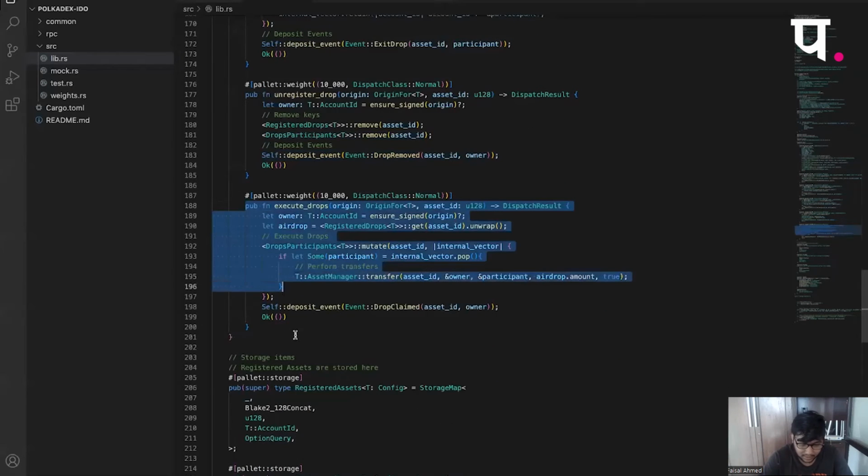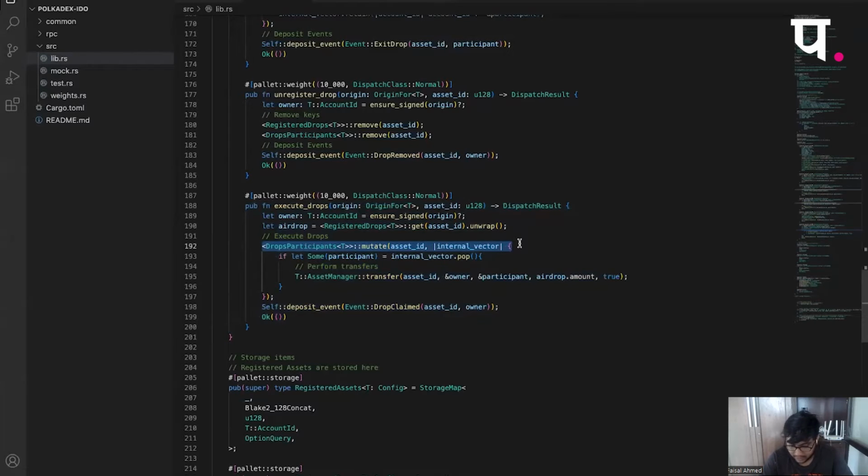And then finally, this is the most important part, I guess, because here we are actually moving assets. So we have the owner and we have the airdrop, and then we mutate it. The reason I'm using mutate here is that as soon as we transfer some funds to a participant, we don't want that participant to be part of that vector.